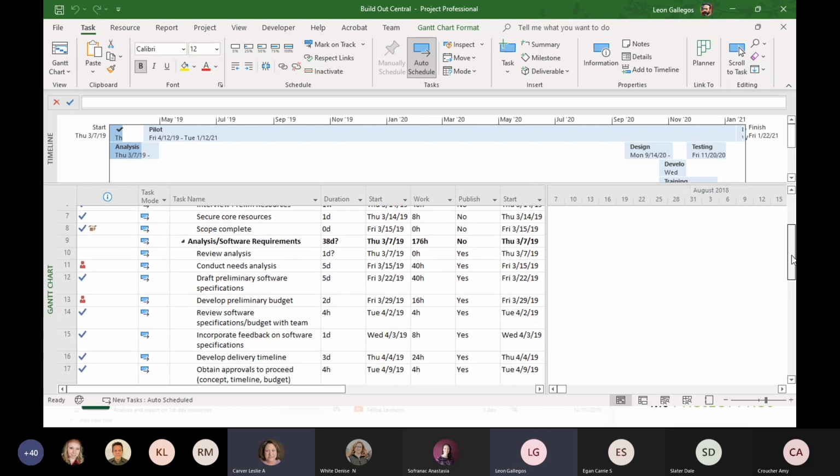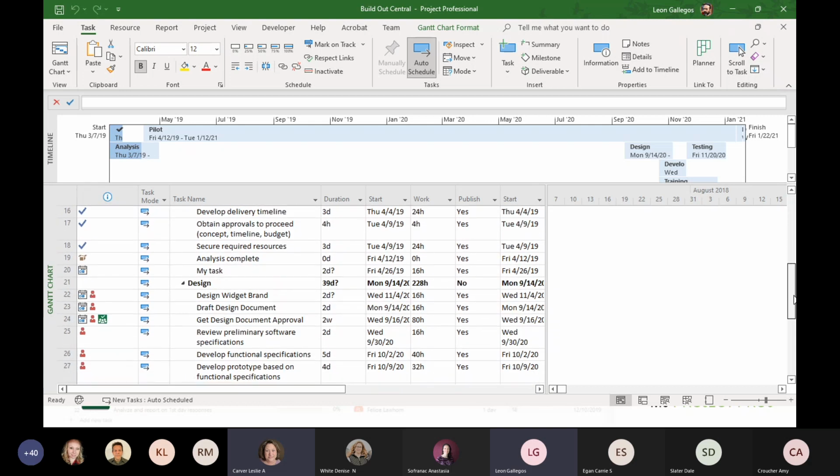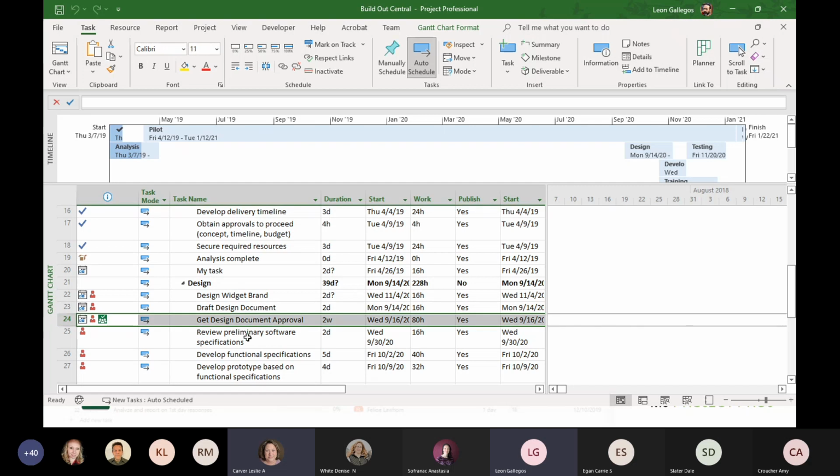What you will notice as I scroll down here, as we start to move into talking a little bit about Planner, is I mentioned that there's an integration between Planner and Project, and we're seeing that here. You see the little icon there, right? And so essentially what happened is that this task was associated to a Planner plan. And so this is where the integration comes in.